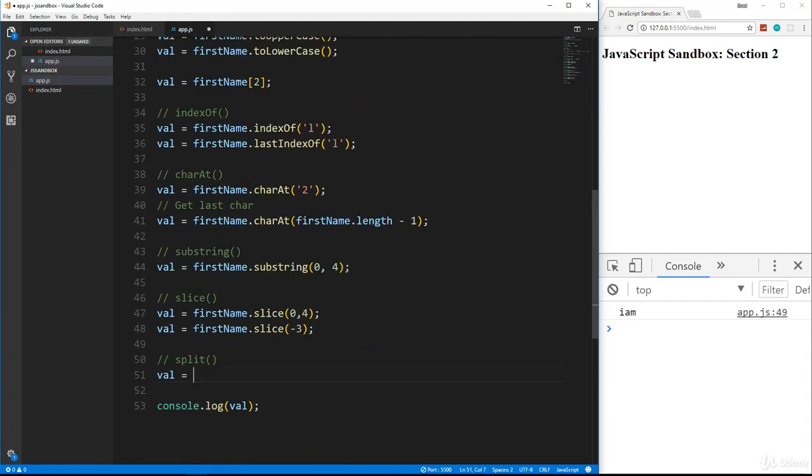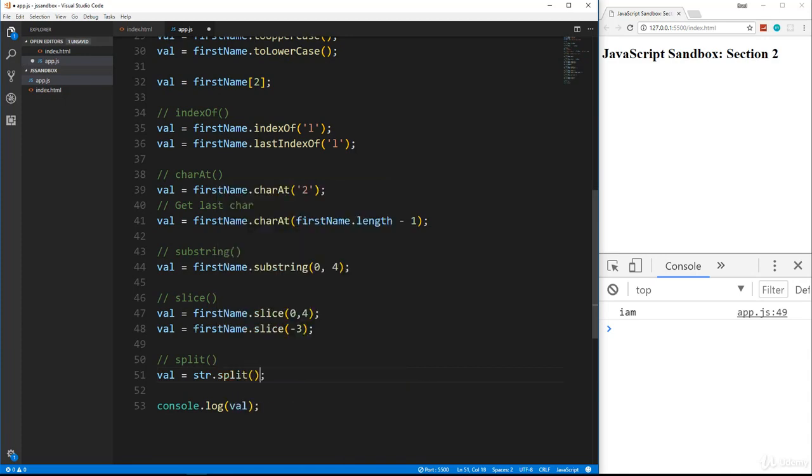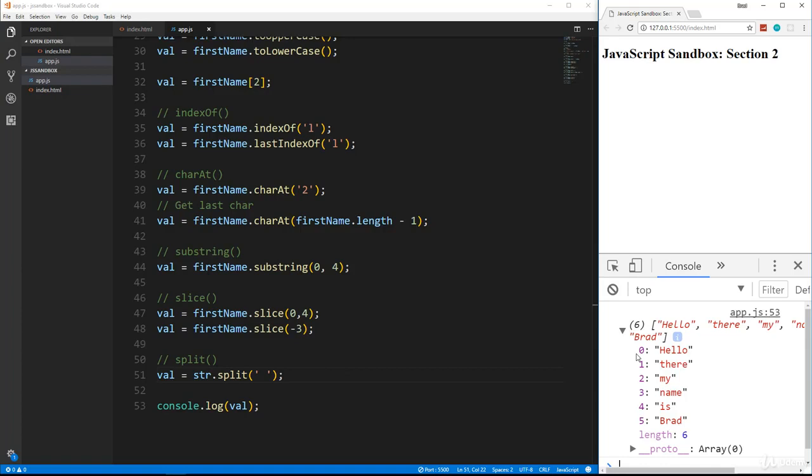Okay, so what I can do is set str, which is that variable, and we can say split, and we can split at the space. Okay, so we want to put a space in here, and we'll save that. Now you can see we have a 6-value array, and we have each word in each index here,